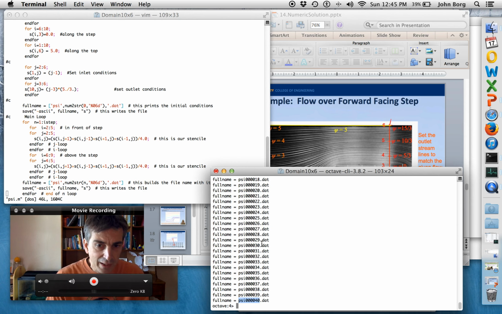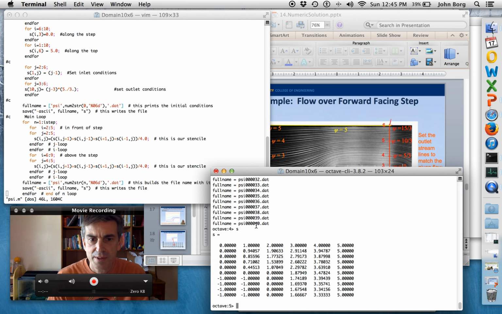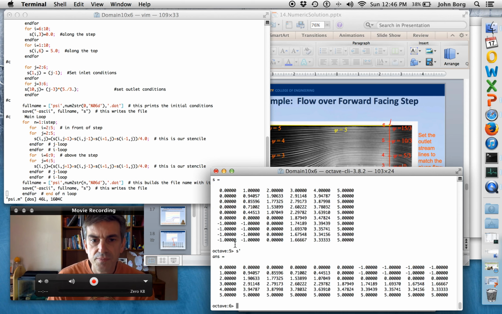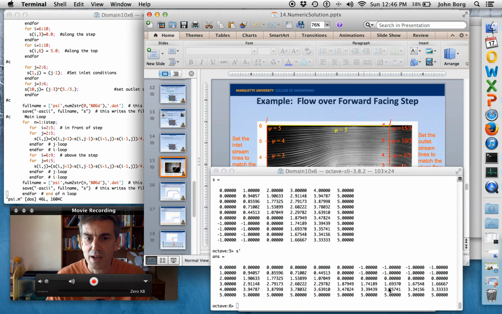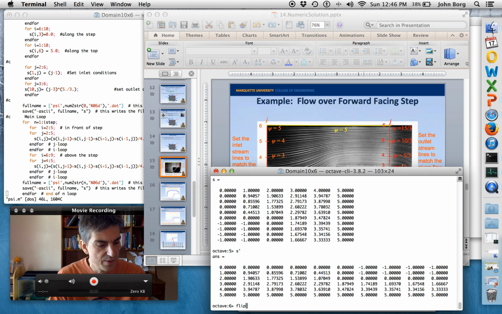so I would like to look at the S file. This is the solution. When I put it up here, it doesn't line up. Like here's the step. It's in the left-hand corner. It should be in the right-hand corner. So I can use this if I transpose the vector by this half quote here, it's still not right because it puts the step over here. I want the step to kind of line up with this picture here where it's in the lower right-hand corner. So I think this will do it. Flip